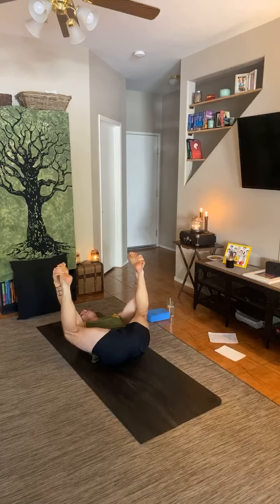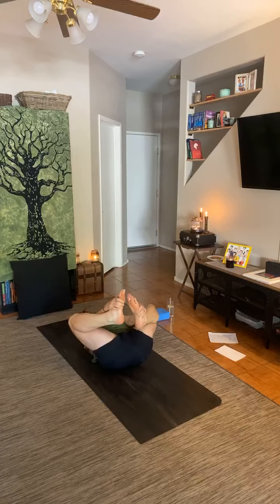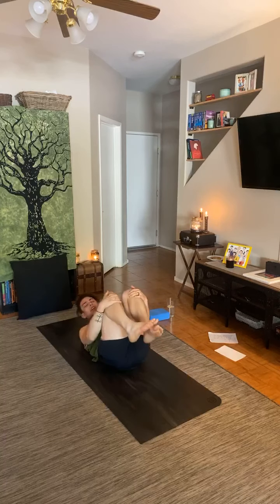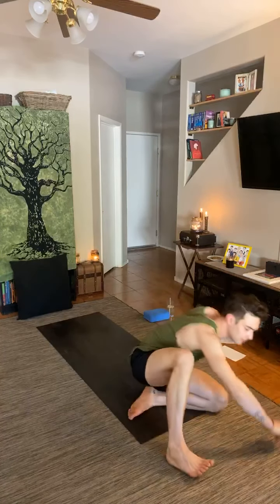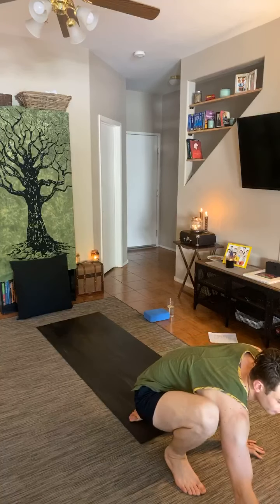And exhale to release. If there is any other movement you would like to take, if there's anything your body is calling for to make this a complete practice, then please feel free, take it, do it. Otherwise, you can find Shavasana, your final pose, the final resting pose. So for Shavasana,